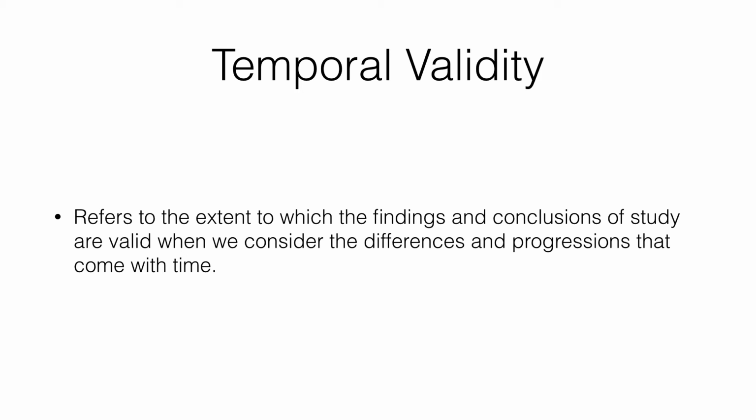For example, a study from 50 years ago into people's perceptions about height may be high in temporal validity because society's views about height haven't changed. However, Cope 1989 did a study into television advertising in the 70s and 80s, and it may not be valid today because in the 70s and 80s in England, which is where the study was conducted, there were only 3 channels. So it's not valid today because we have hundreds of TV channels.